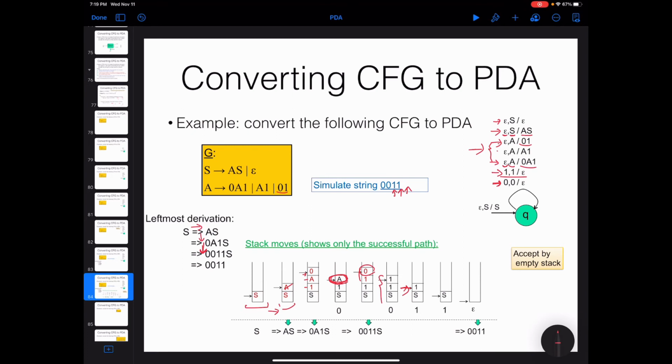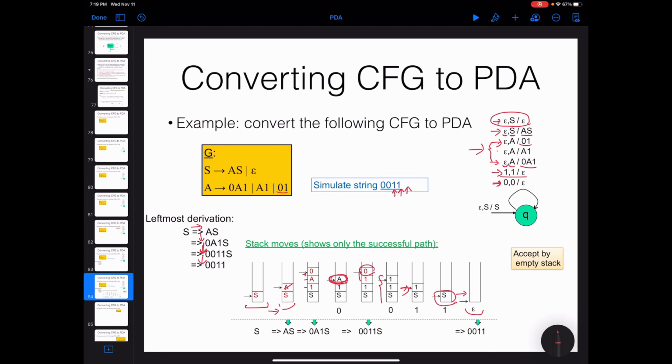What would happen to the stack? In the stack, you only have S. Okay? You can remove it using this transition. You can remove it, and your stack will be empty, which basically means that you accept this string. And this last action that you have is exactly the last step of your leftmost derivation when you were generating